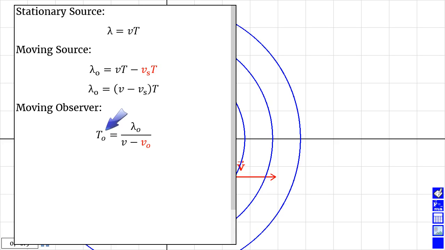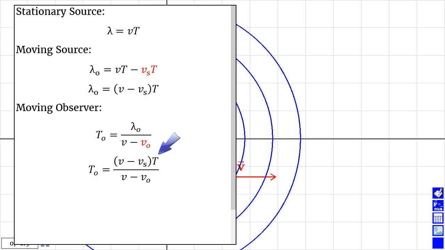So we're going to take our first equation for lambda_O, which is this expression here. We're going to substitute that into the second equation. So we're going to replace the lambda_O in the second equation by this expression here. And that tells us that the period of the waves, as observed by the observer, is given by this expression. So we've got v minus V_s in the numerator multiplied by the actual period of the waves divided by v